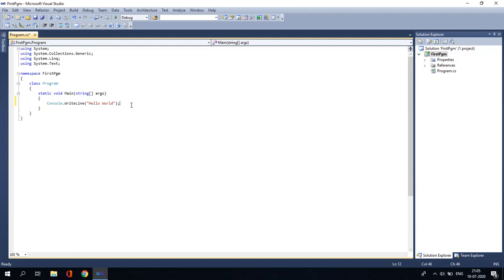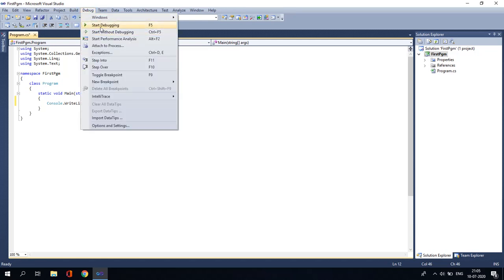So now watch attentively how we are going to run the program. You can run the program in 3 steps. Here you have this play-like button which says debug. It also gives you a shortcut key, the function F5 key. You can press that and run directly, or else you can come over here, debug, and start debugging. So we'll start the program, see what happens.